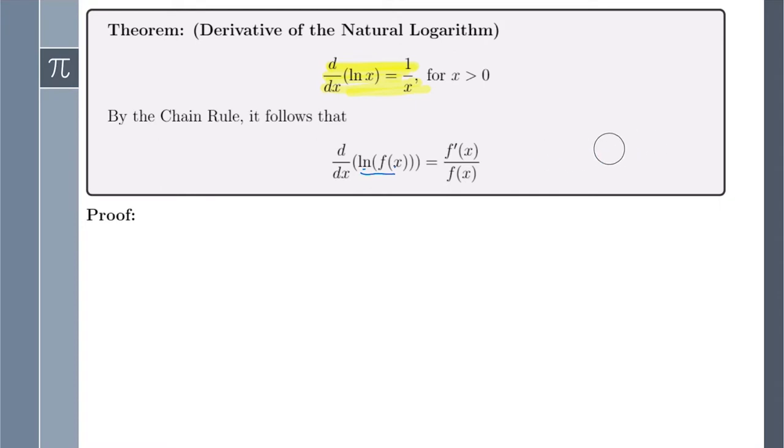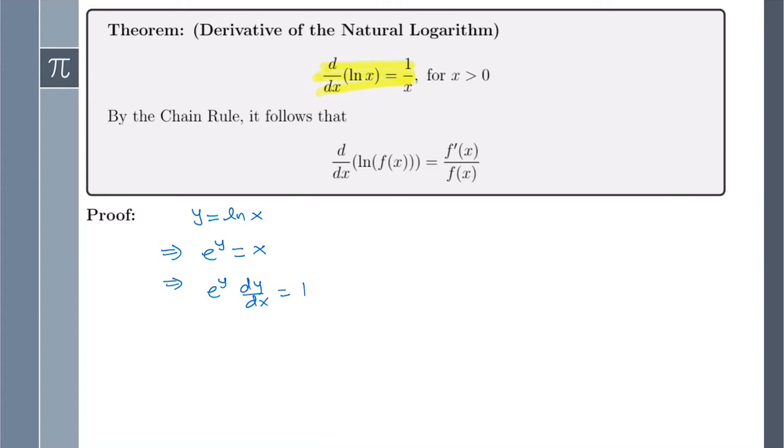So before we move on to examples, let's go ahead and at least prove this formula right here, okay? So here our function is natural log of x. So let's say y equals natural log of x. Now let's write the equivalent exponential equation for this one, which is e to the y equals x. Now differentiating this implicitly with respect to x, we'll get e to the y dy over dx equals,